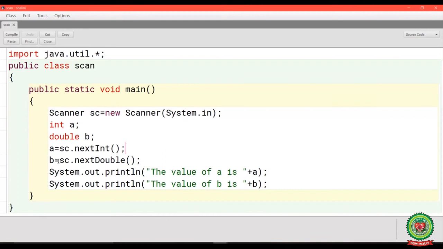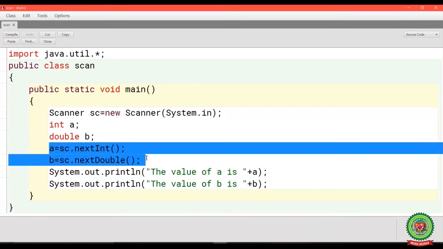For double b we will write sc.nextDouble, where sc is the Scanner object. Note, after next, in Int and Double the first letter must be capital.